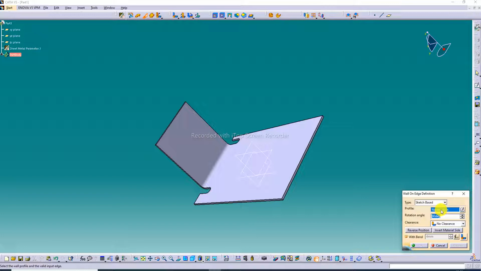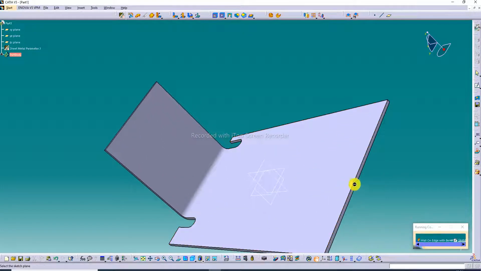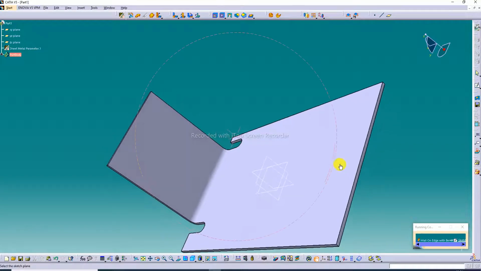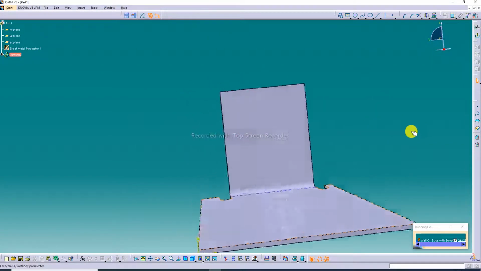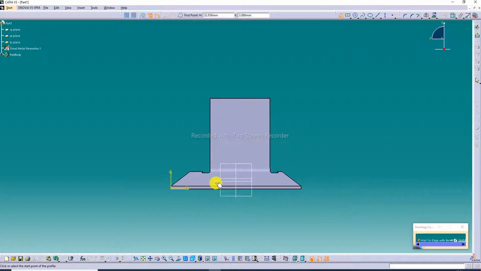Sketch is created, then right click and click create a sketch. This face is selected here. Okay, this is the face. Any profile is created here. Okay, at first,